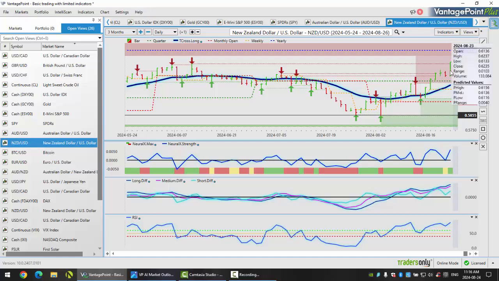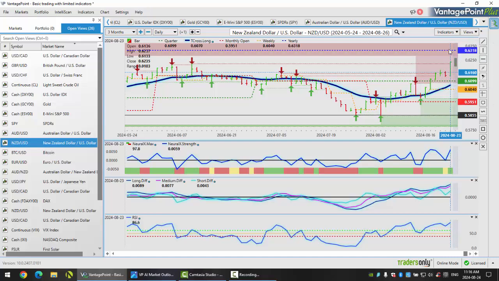But once again, the Kiwi remains below its yearly opening price, the same way US Canada remains above its yearly opening price. And if those global stock markets tank, they're going to take down 3 currencies with them: the Kiwi, the Aussie, the CAD. They're going to fall, guys. So we'll see how this one plays out. But ultimately, into next year, I think the Kiwi and the Aussie will do very well, actually. But for the remainder of this year,